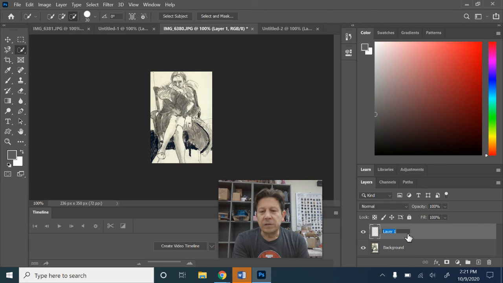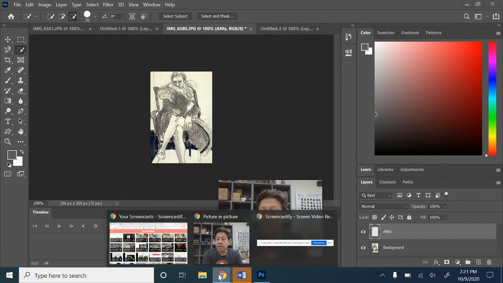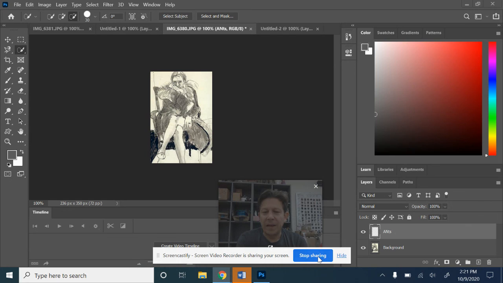Okay? One thing you want to be certain about, though, is that you're always working on the right layer. So you can see here, we'll just call this ants for the next thing, and hit enter. If I click on background, it turns gray. And now if I wanted to draw on the ants layer, I wouldn't be. I'd be one layer beneath, so I'd be drawing right on my background. So if I want to draw here and not on there, I want to make sure that that is highlighted. So that's how you add a layer, or a couple ways to add a layer. And I'll show you something that we can do in that next